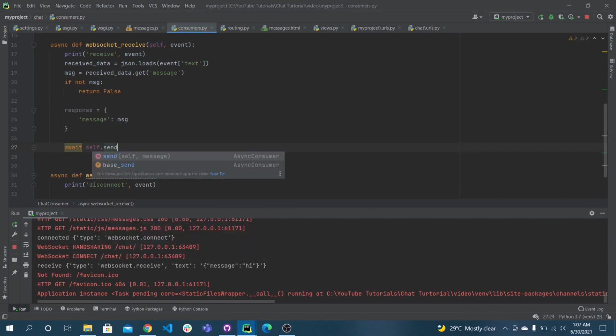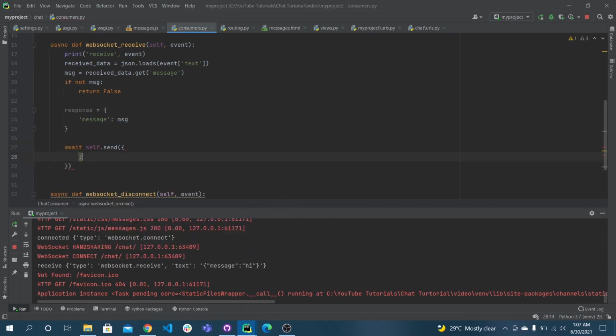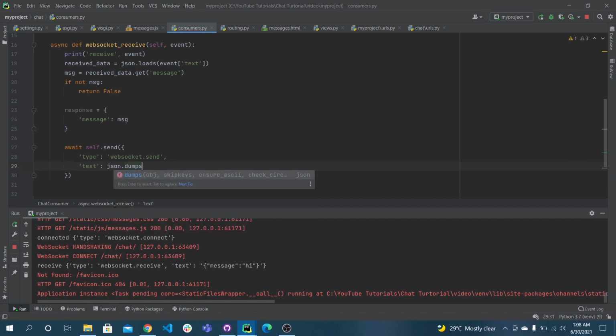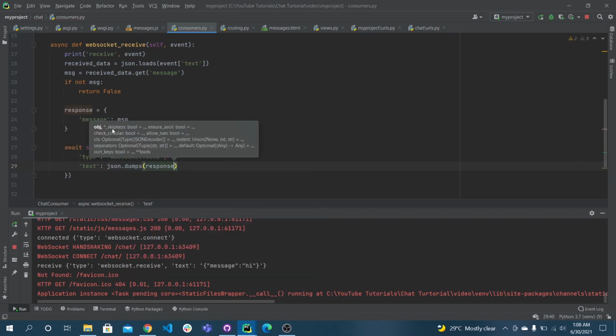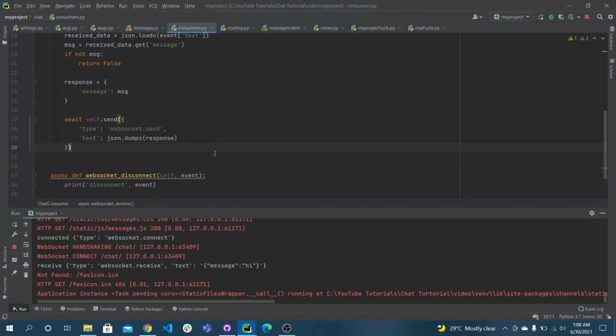So self.send, give the type of the event, which is websocket.send. The data would be json.dumps. We are dumping the response object. Now we should receive an event from the backend at the consumer side, and also another event at the front end side from the consumer.